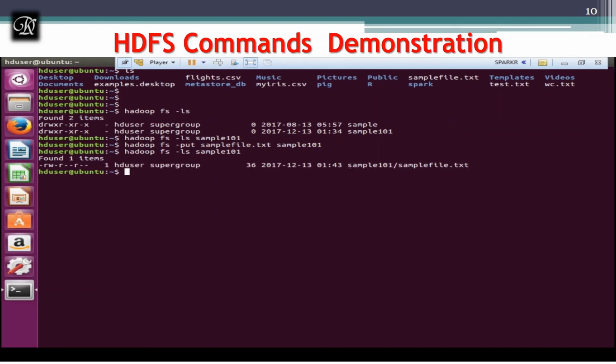And as I told you before, whenever you give an ls command, you can see that if it starts with a hyphen, it means it's a file. If it starts with a d, it's a directory. So you should get used to these Unix commands, because whenever you go to the industry, most of the time you work on current trends, that is cloud or big data analytics, Hadoop and all, everywhere.